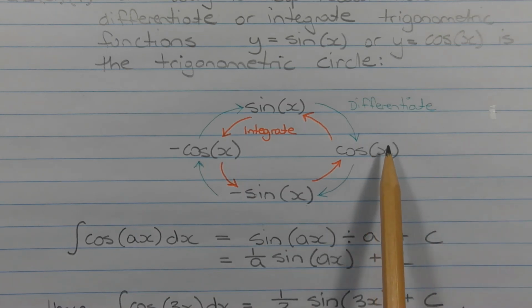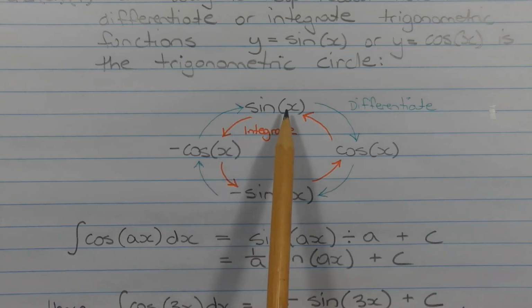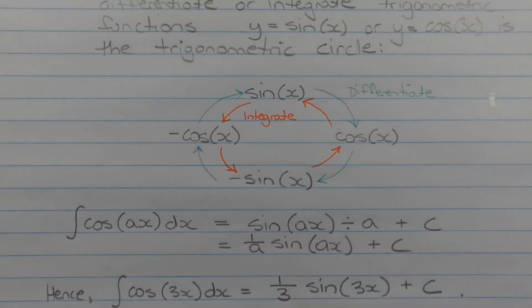So referring back to the trigonometric circle, the integral of cos x is sin x. So we know that the primitive must involve the sine function. Now the integral of cos ax dx, where a is a constant, is equal to sine of ax divided by the derivative of what's inside the brackets. So the derivative of ax is just a. So the integral of cos ax dx is equal to sine ax, in brackets, divided by a plus the constant